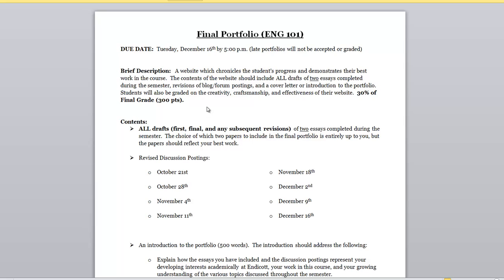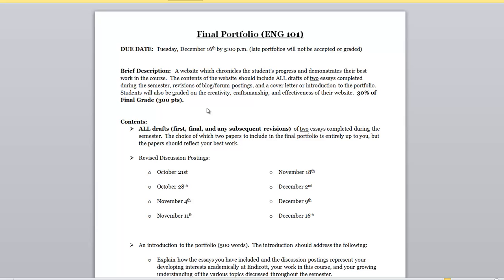But it's a website that shows your progress. That's what a portfolio is. It demonstrates some sort of progress over time of your best work in the course. So the contents could include, or should include, all of the drafts of 2 essays completed during the semester. So we have done 3 essays. The visual narrative essay, which had those 2 components, the rhetorical analysis essay, and the inventing arguments essay, also known as a persuasive essay. So whichever of those 2 you feel is the best work that you've done,